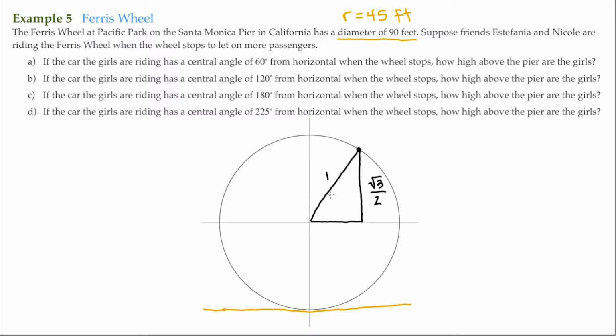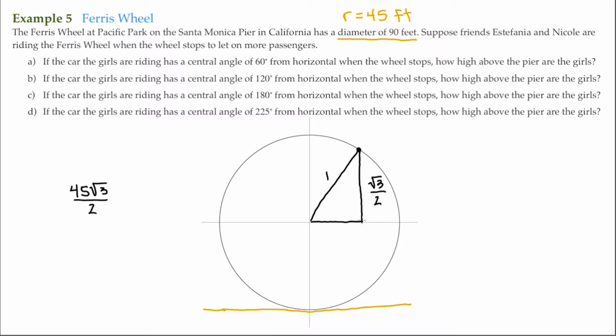But this isn't 1 unit. This radius is not 1 unit. This hypotenuse is not 1 unit. It's going to be 45 feet. So we have to multiply this measure by 45 feet. So we have 45 times the square root of 3 over 2. Now that's the measure from here